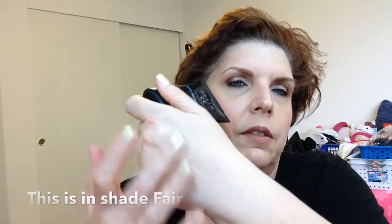So first off, for foundation, I'm still using the Neutrogena Hydro Boost for the most part, but I did use, just today actually, Stila CC Color Correcting Cream, SPF 20, and this is just again a CC cream, great for a Saturday afternoon when I'm not doing much. So I did have this in my collection, pulled it out, and it is interesting. It being color correcting comes out this green shade and it slowly develops to your shade. So it provides some color correction, some coverage. It states sheer to medium coverage, which I don't know about that. I'd have to play with it a little bit more, but I'm kind of impressed with the product. It does feel very hydrating, which I have it on now, and it feels wonderful. So, great little option to use in combination with my Neutrogena Hydro Boost